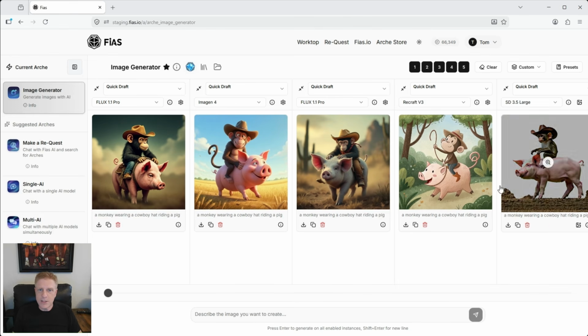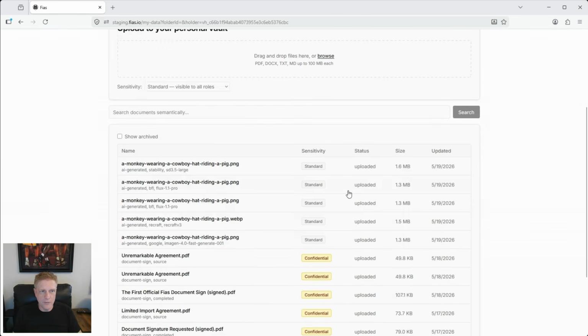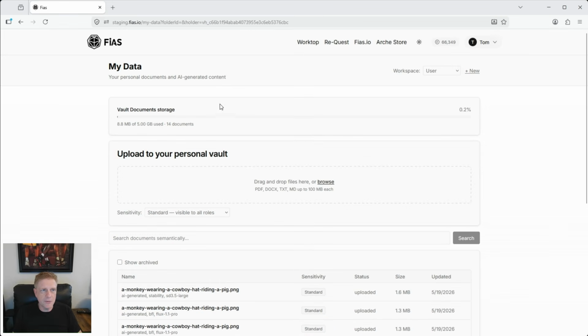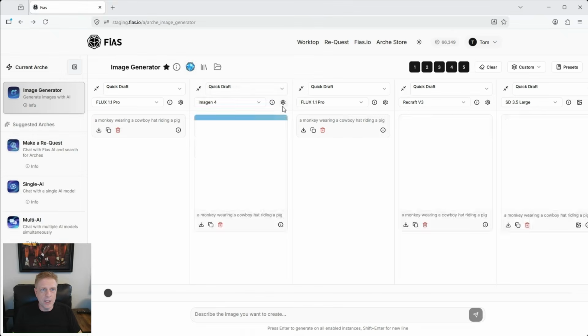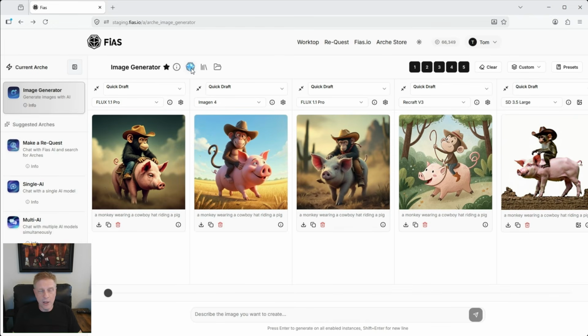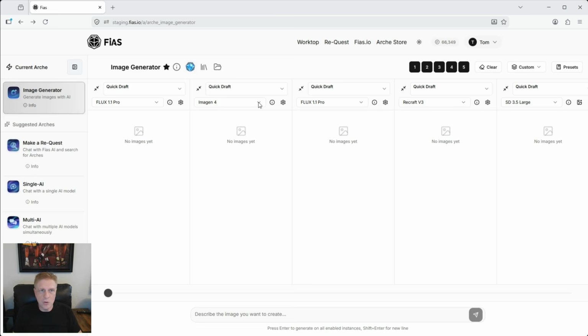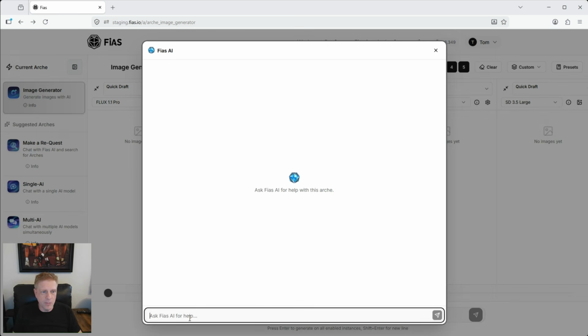We have a full file system within Fias that you can go in and see all of the images that you made, for example. You can also interact with AI on it. And so let's say, for example, that you wanted to make an icon for your game. You could say, I want to make an icon.